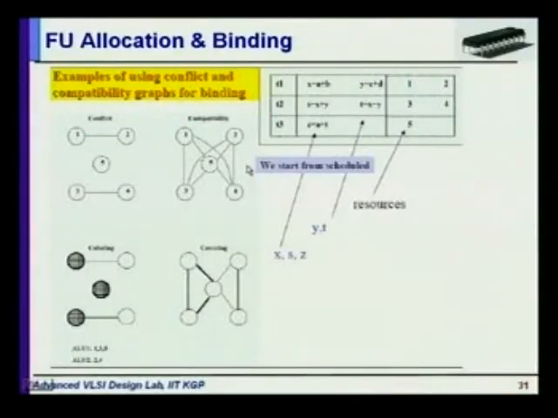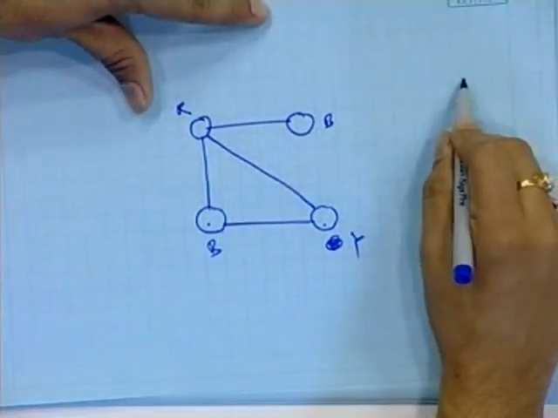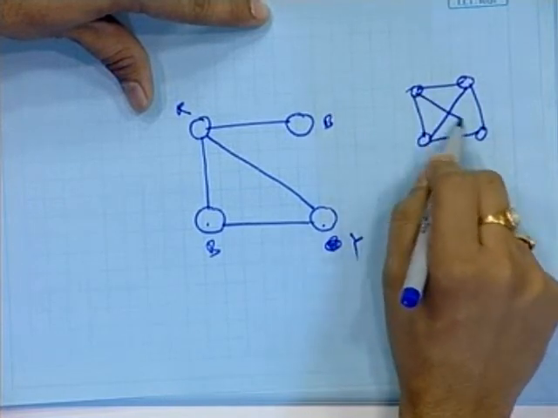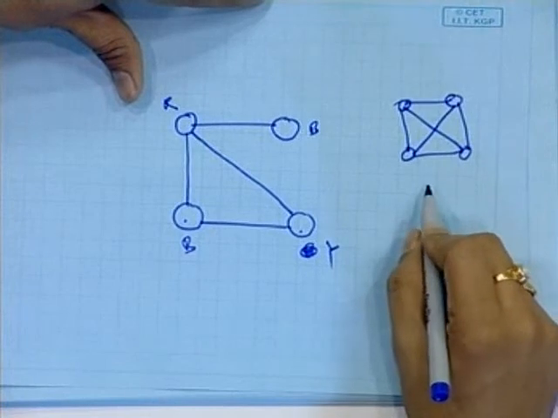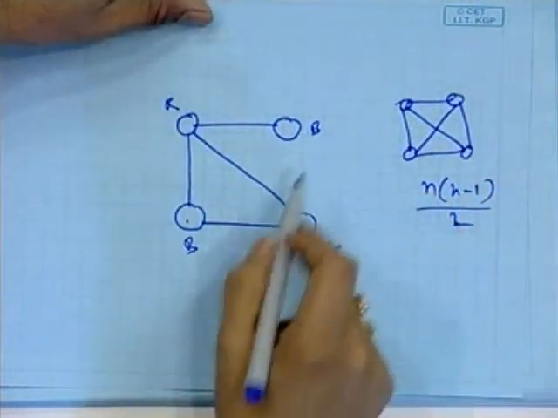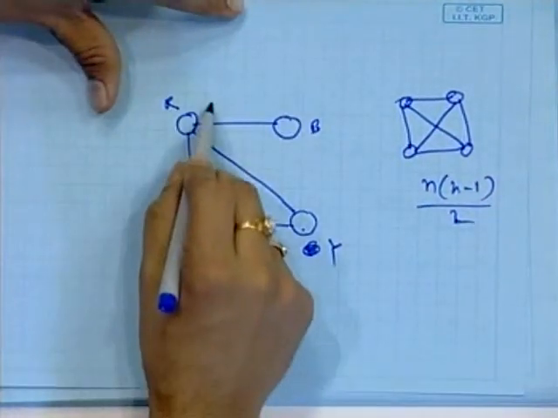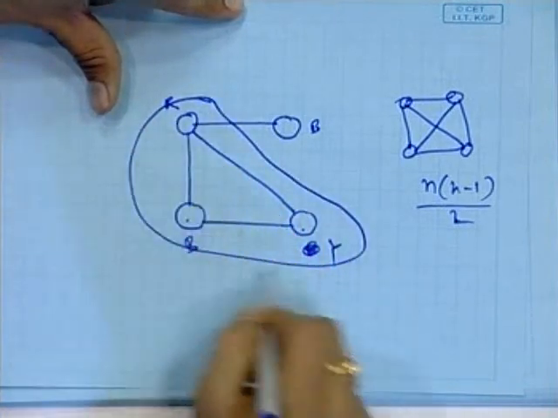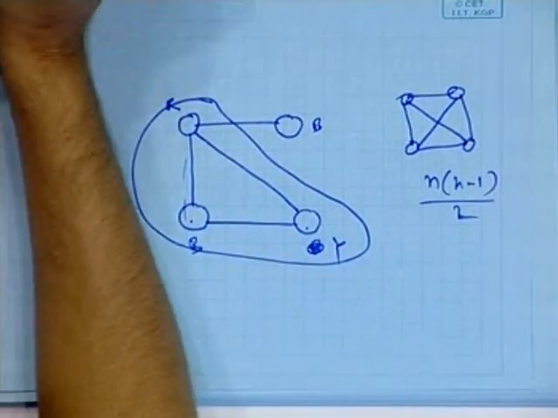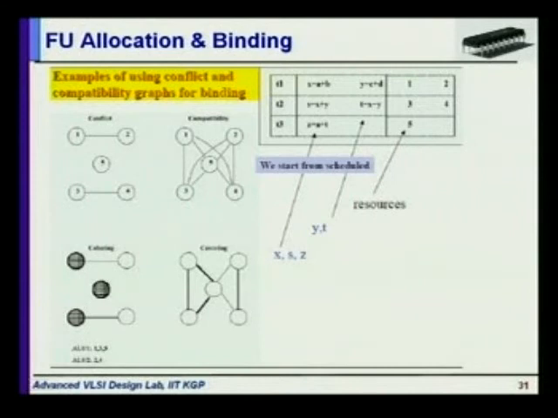In the compatibility graph you have to find the clique, you have to use the clique partitioning algorithm. So what clique means is a complete subgraph. If you consider this graph that I have drawn here, suppose you have considered a clique of 4 nodes, that means they have an edge between any two nodes. Basically a graph with n nodes has n times (n minus 1) by 2 edges in a complete graph. So in the compatibility graph you have to find out what the cliques are.